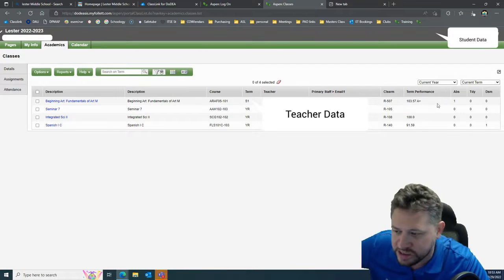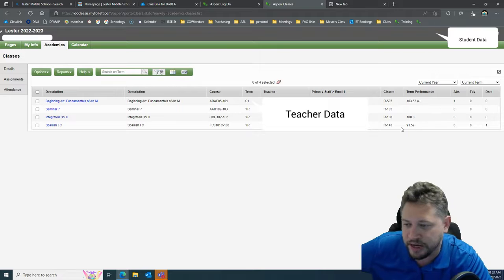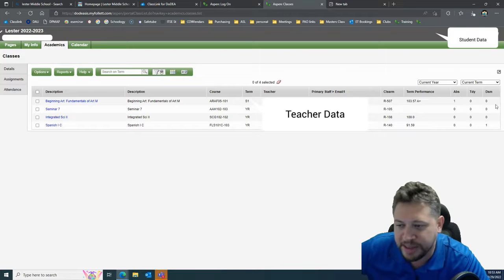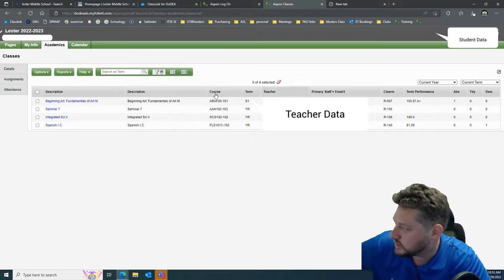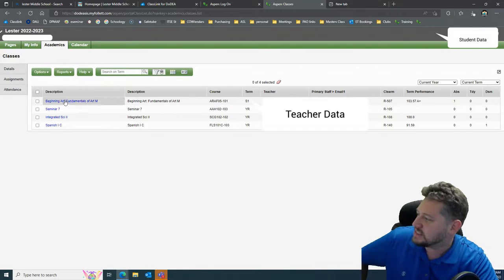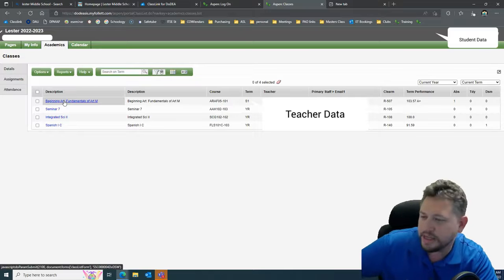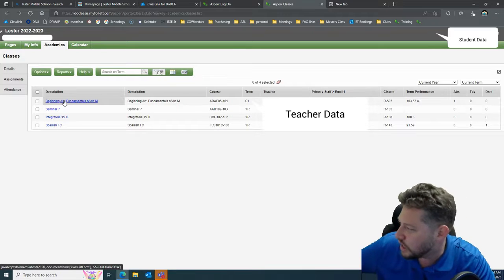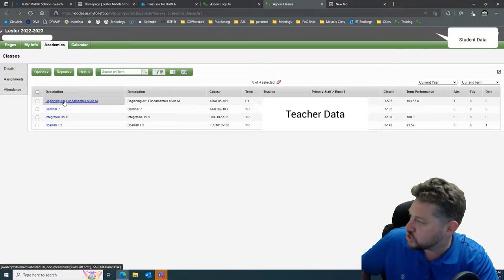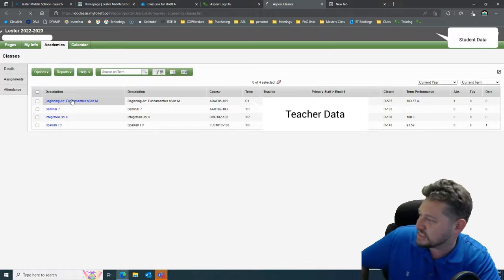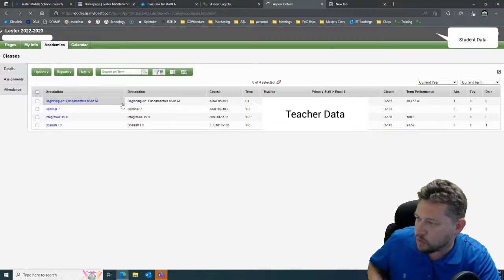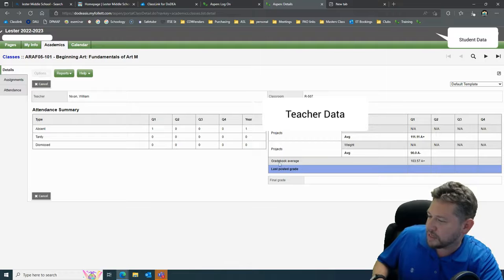And then you can see a general overview of the grade, as well as how many times they've been absent or tardy, or maybe they got pulled out once or twice. All right, so that's what that looks like. Now, inside of here, let's say I wanted to know what the student's grades were for their assignments. You can actually click inside of the class here